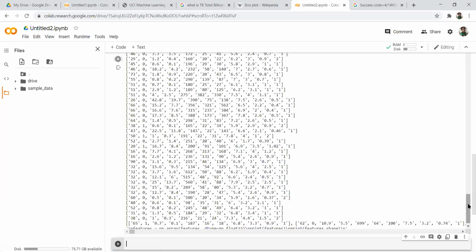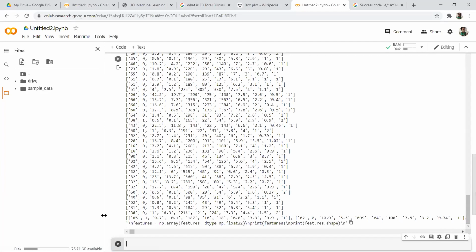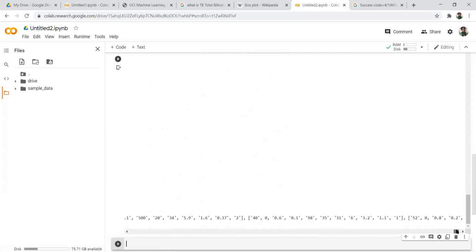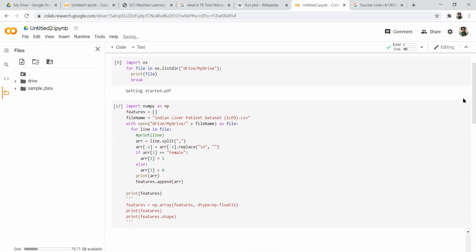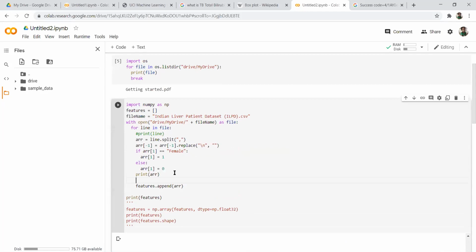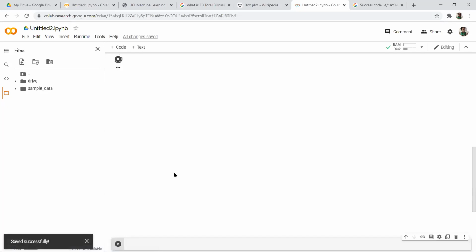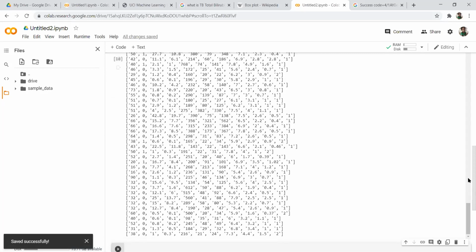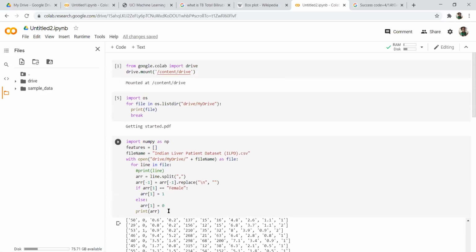Features. While I'm printing, I guess everything is fine. Okay, then what I can simply do is directly convert this into array. Now, I hardly have 8-9 minutes. I'll do that at the beginning of the next session. First, at least do something properly.